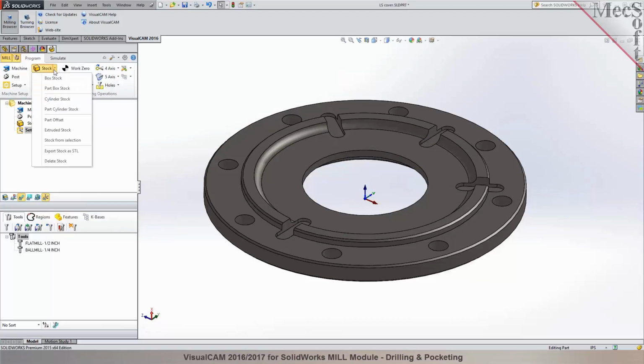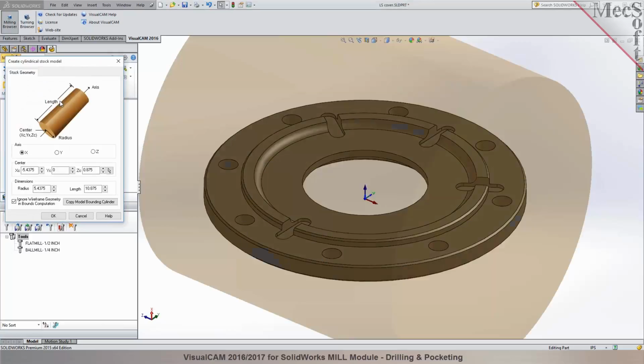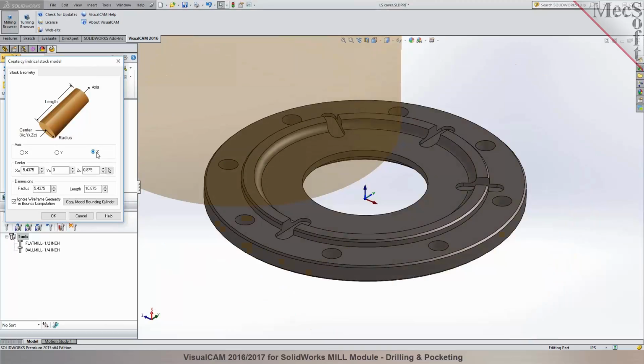So we can click on stock, and we could define the stock either as a box or a cylinder stock with the standard configurations. Now with the Pro, you can also define part offset stock. You can do extrusion, stock by extrusion, also stock by selection. Would you be starting out with a rectangular blank or a cylindrical blank for this part? Cylindrical. So let's go with the cylinder stock, and then you can specify the radius to be about the